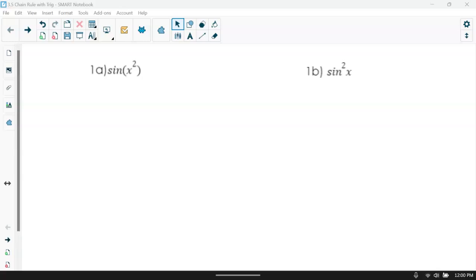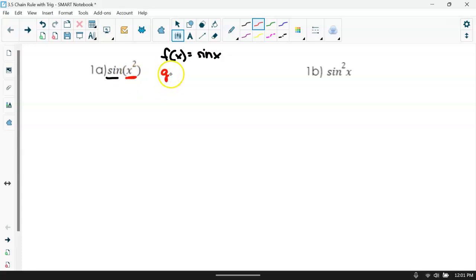In this lesson, we're continuing the chain rule, just now bringing in also our trig functions. So I put these two side by side for us to see the difference. So again, chain rule, right? We have our composite function where we start outside, work our way inside when finding derivatives. So like here, notice what is our f of x? What is our outside function? Well, that is sine. So here we have sine of x, because our inside, our g of x function is